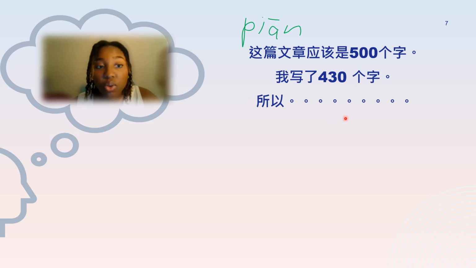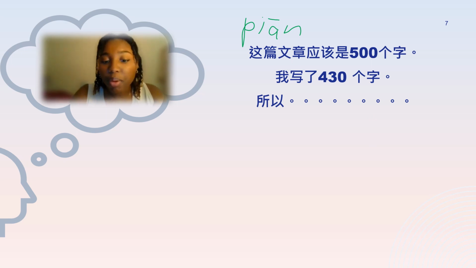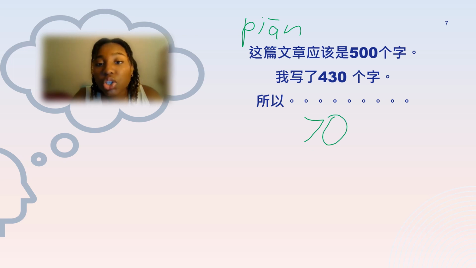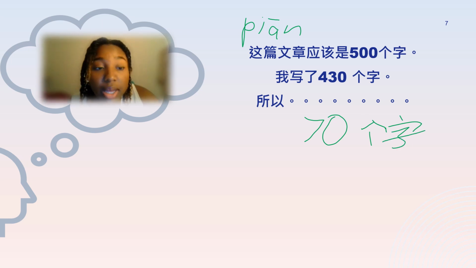So going back to what we were looking at before with the discrepancies, quick maths, my maths are not what they used to be. I'll be real. But 500 minus 430 equals what? We got 70个字. So that's what we know is left. Your brain will probably find this out first. But to relay this to the other person, we gotta say, 所以我要多写70个字。我要多写70个字。I need to write 70 字 more.